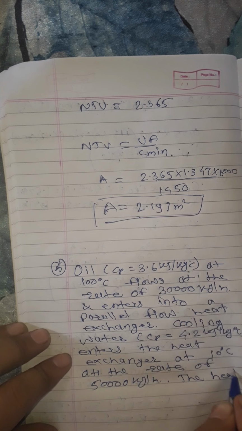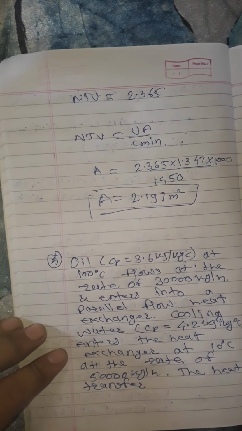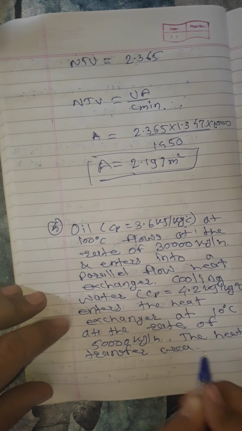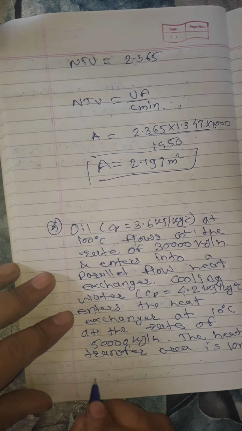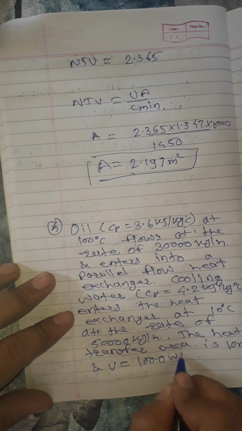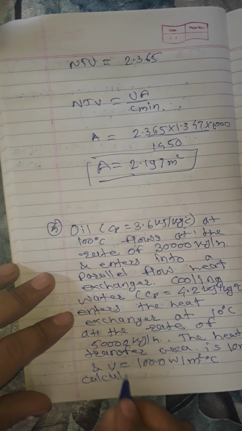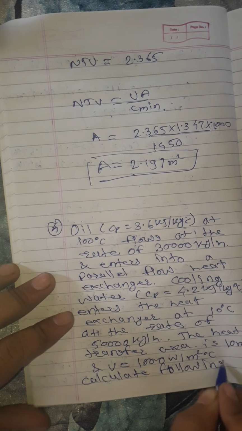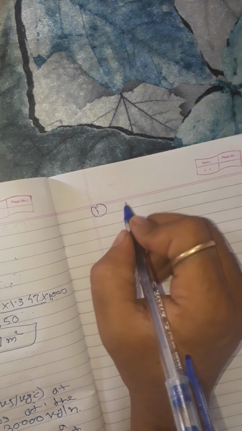The heat transfer area is 10 meters square and U is equal to 1000 watt per meter square degree Celsius. Calculate the following. Here we have to calculate first the outlet temperature, outlet